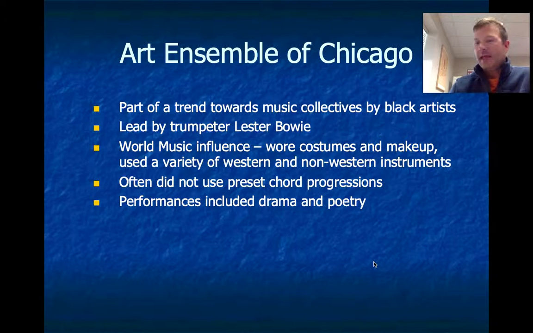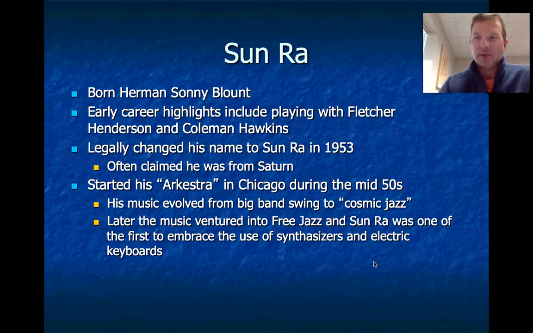All right. The last person I want to share with you, you actually won't see a video clip of, but I will share with you at least one example of a gentleman by the name of Sun Ra. His real name was Herman Sonny Blount, and he was a piano player. He actually played with Fletcher Henderson and Coleman Hawkins, not in the 1920s when Fletcher Henderson led the best black band in the country, but much later, in the 40s, when Mr. Blount was a young man. But he has these links with old school traditional jazz, is the point I'm trying to prove here.